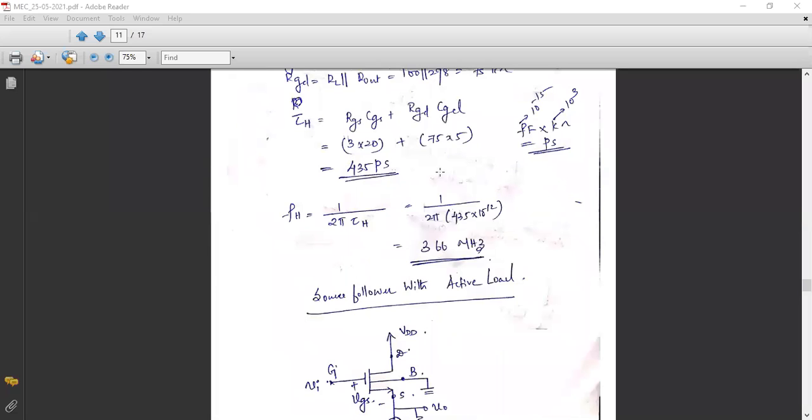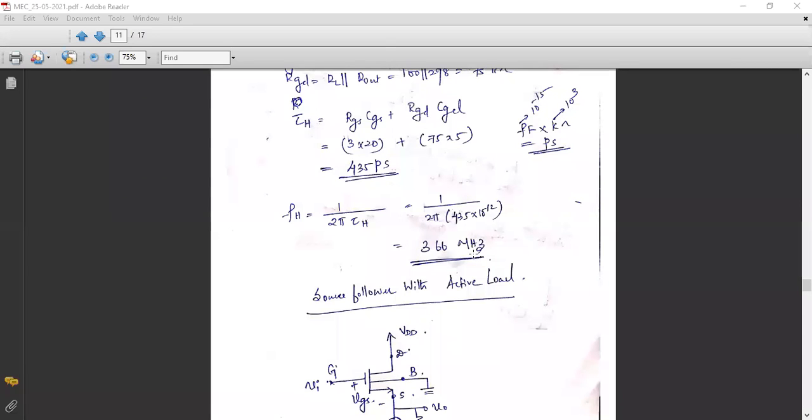Okay, so we'll continue. The answer is 366 megahertz. This is the cutoff frequency for this particular amplifier for the given specifications. Whenever you are designing an amplifier as per the given parameters and constructional features, you will get a cutoff frequency equal to 366 megahertz, which means when you